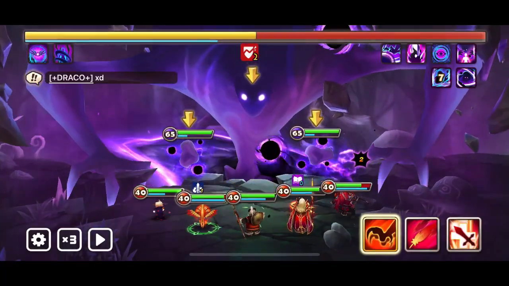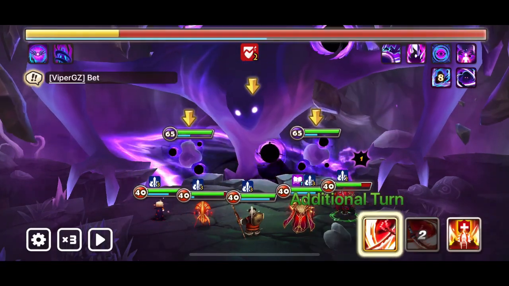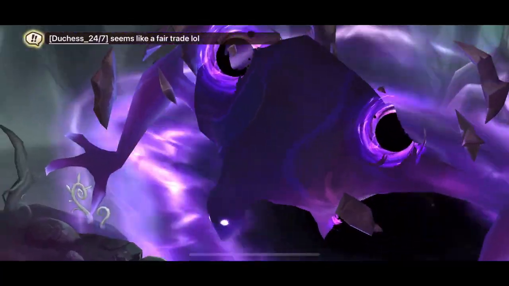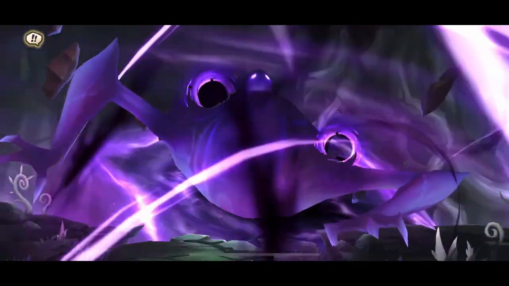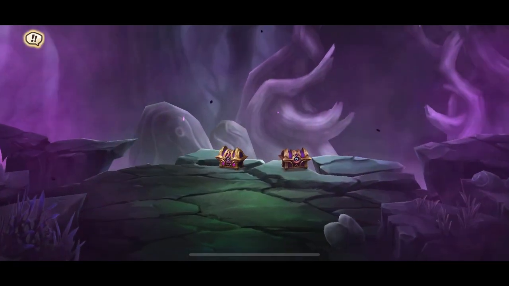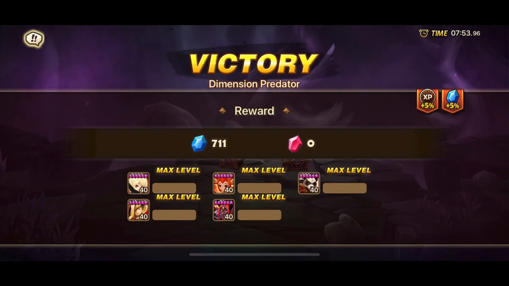In this case, the boss chose my Kagi since that was the unit that dealt the most damage, and as you can see guys, with that buff, my Kagi destroyed him. And that was thanks to having defense break on the boss. So that's pretty much it guys, and now we're going on to the best part of this run, which is